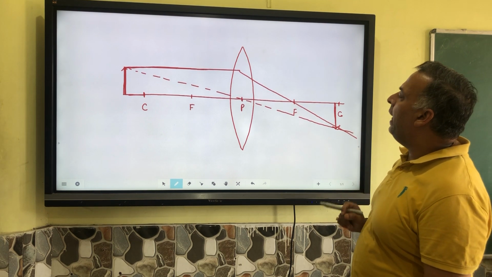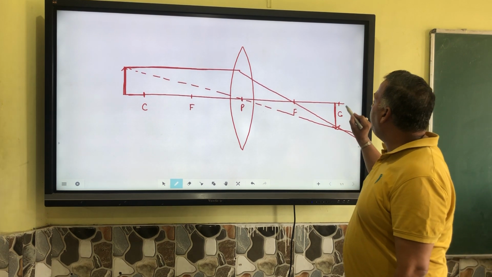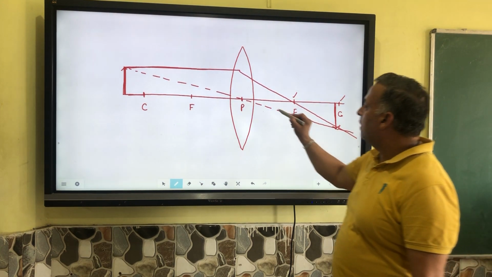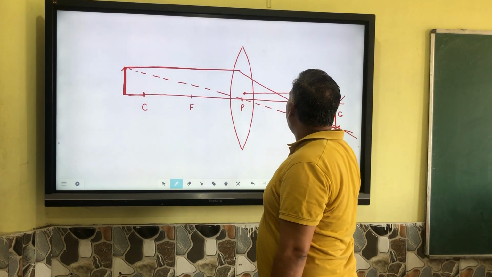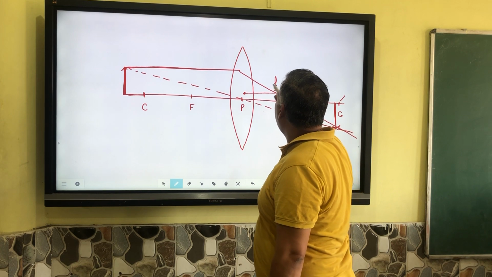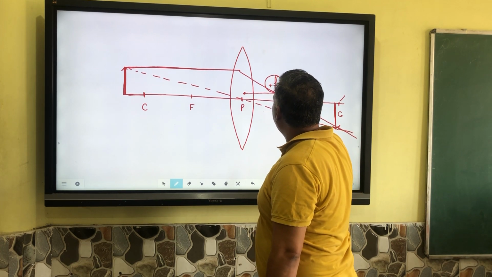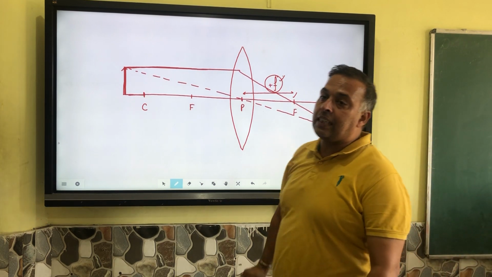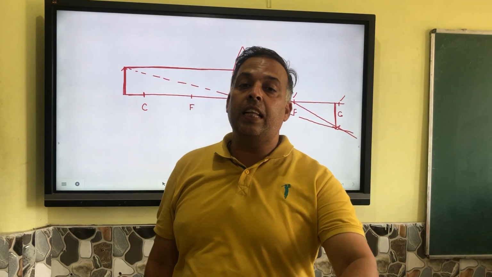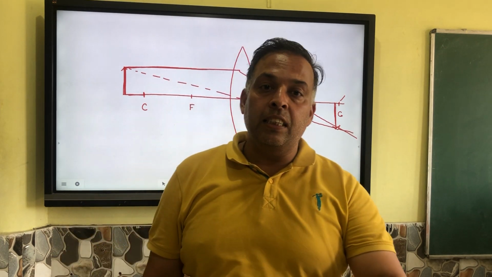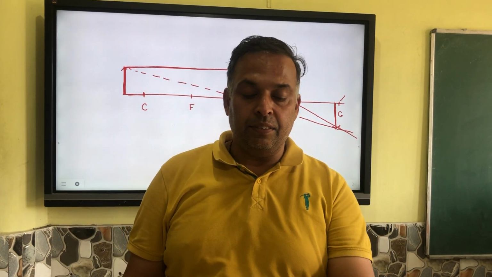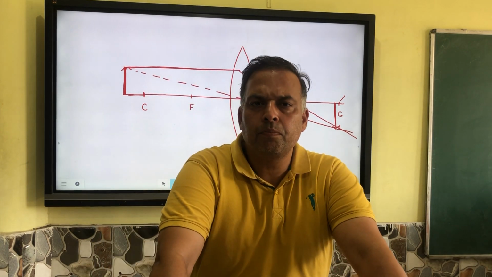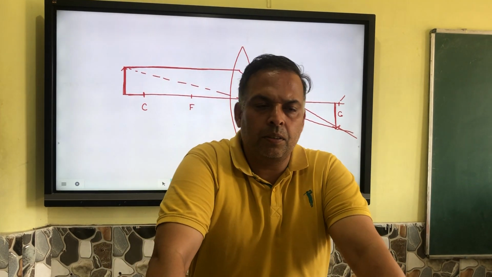The image formed by it is in between the center of curvature and focus. So this focal length is on this side, so this is taken to be positive. But in the earlier case, I took the example of the focal length of a concave lens, and it was negative. Concave lens and convex lens have differences.